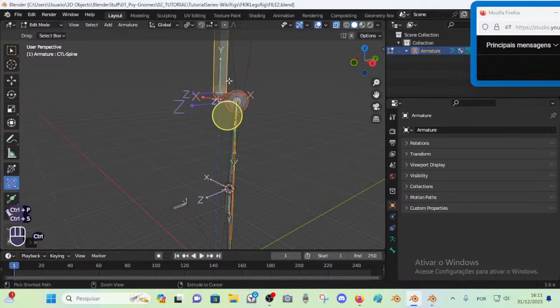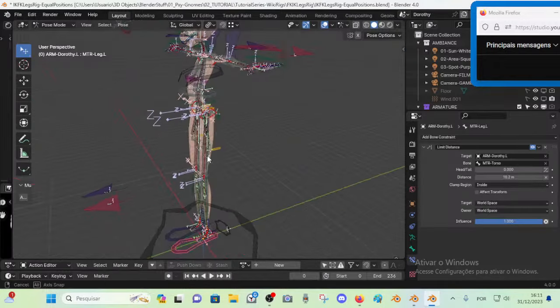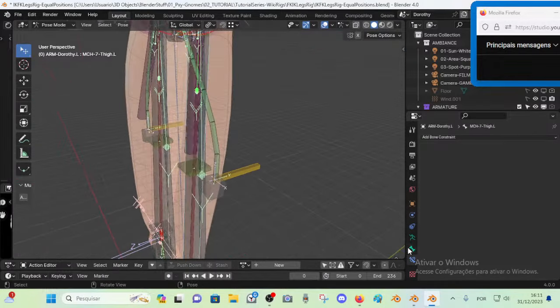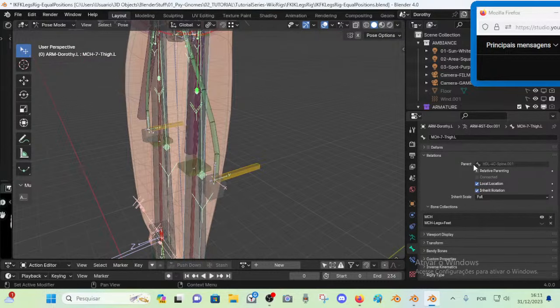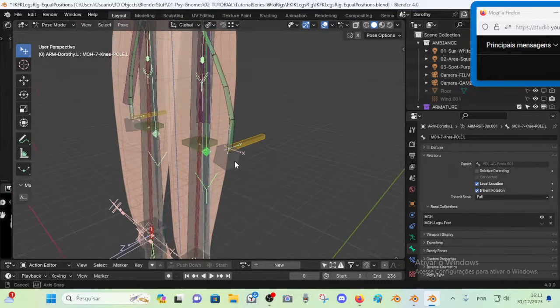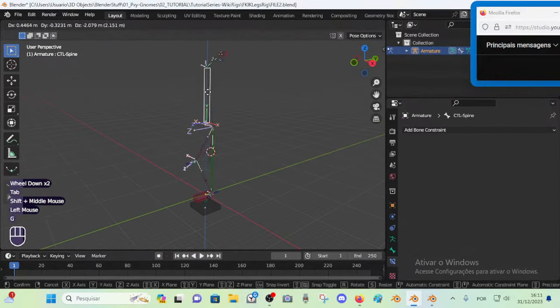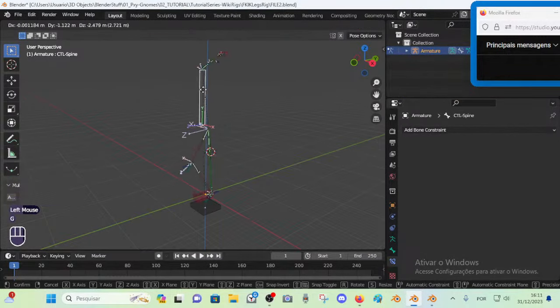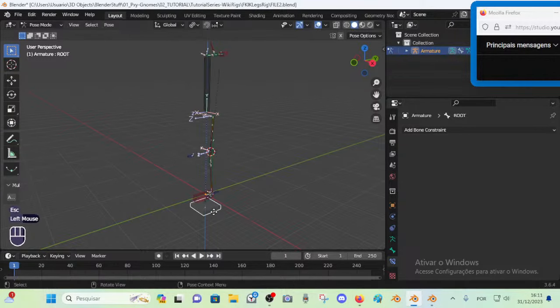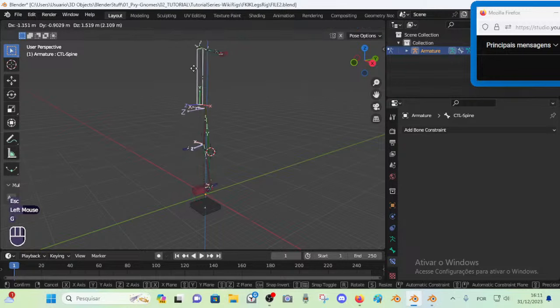Let's check if the parent is the same. So parent here is whatever there. Yes, it's the same. Okay, so if we go here, you see the foot is falling. The root bone not, but the foot, yes. So there, and this moves everything. All right, and